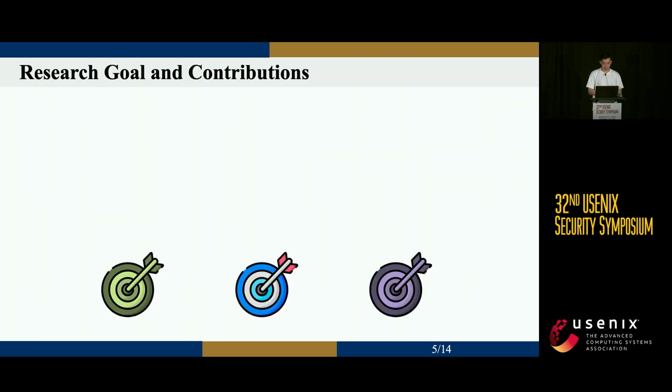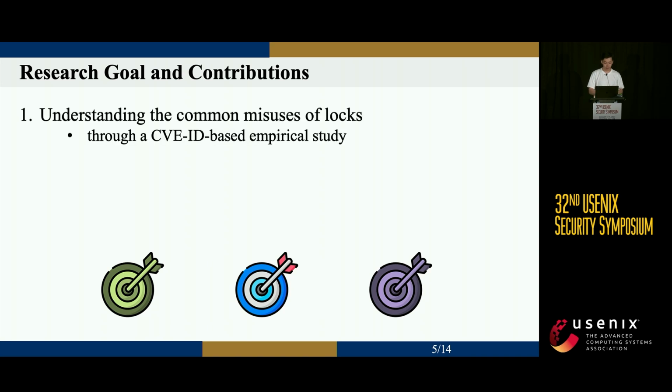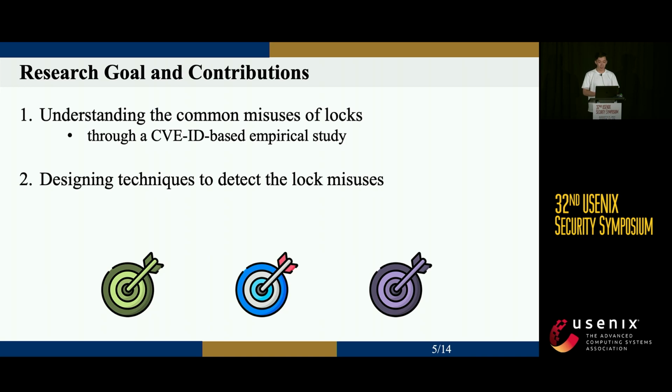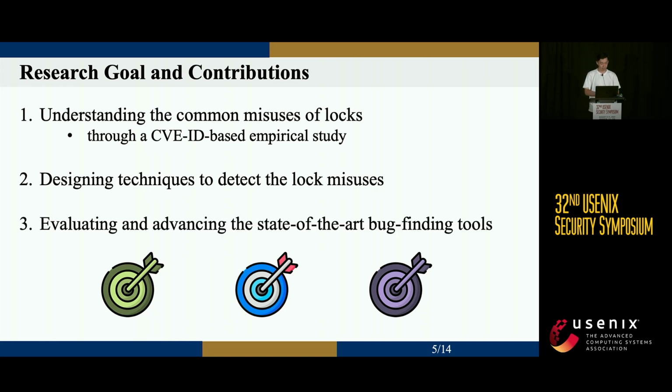security issues. In this work, we set up three research goals and make three corresponding contributions. The first one is that we propose a categorization of common lock misuses, with findings on their bug characteristics and security impacts, through a CVE ID-based empirical study. Then we design techniques and a static analysis framework to detect lock misuse in a precise and scalable way. And third, we perform an extensive evaluation to show the effectiveness of our tool and show the advancements over the